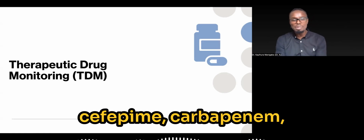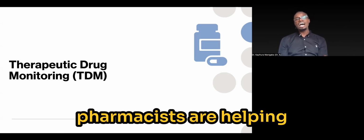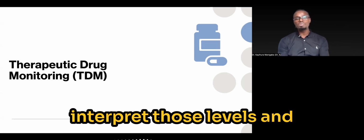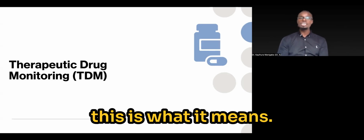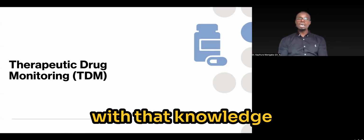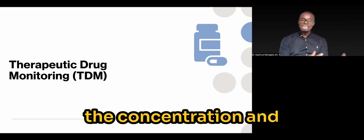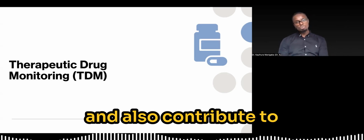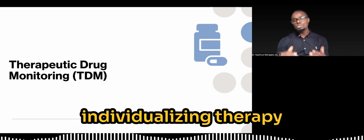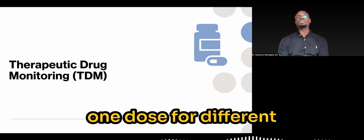Beta-lactams such as cefepime, carbapenem, meropenem. Infectious disease pharmacists are helping providers be able to interpret those levels and say, this concentration, this is what it means. Because you are equipped with that knowledge of pharmacokinetics to be able to look at the concentration and interpret that and help the patient. And also contribute to making sure that we're individualizing therapy